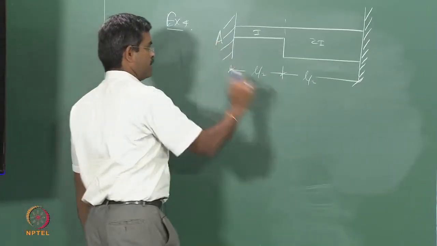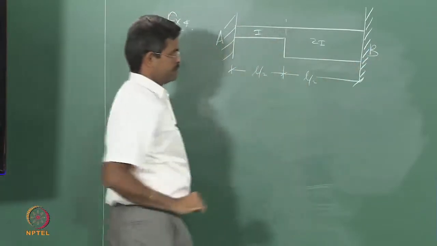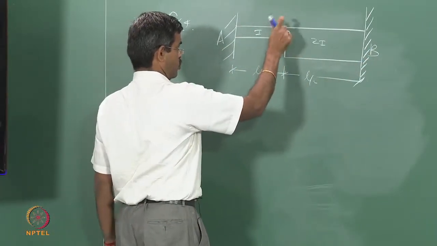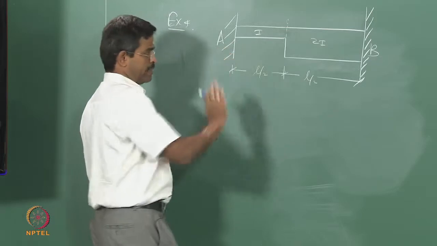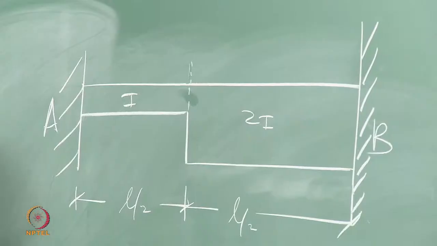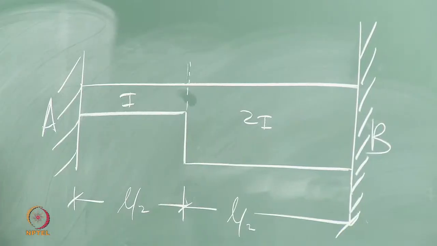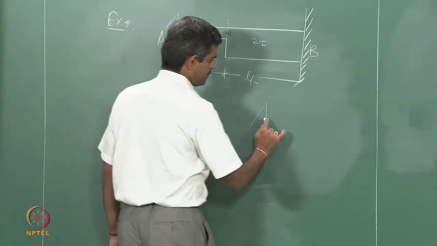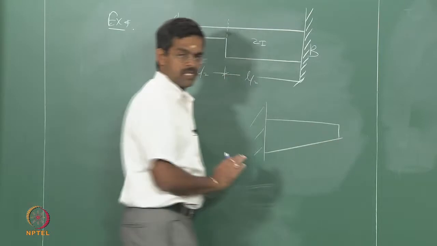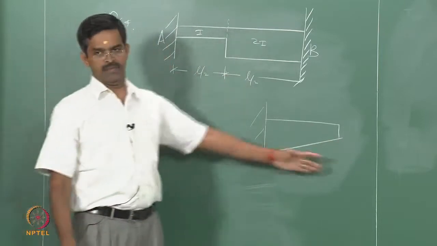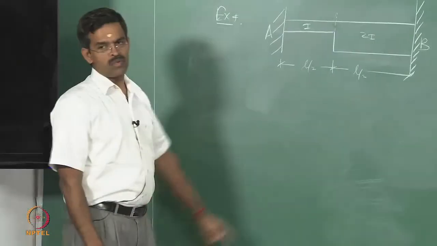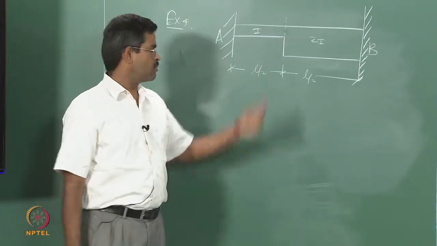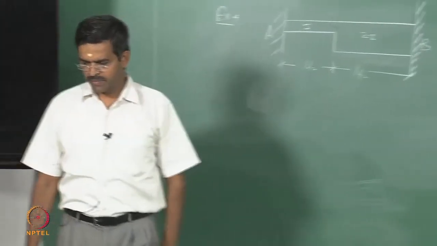This joint is A, this is B. There is no joint here. I just drew a dotted line to show that there is a difference. There is no joint here, it is a continuous beam. I think you have seen a stepped beam like this, no? It is constructed, okay? Or at least for sure you would have seen a cantilever like this. It is a varying I, okay? Now, I want to know the equivalent stiffness of this. Why? I want to know at what vibration frequency it is going to vibrate.